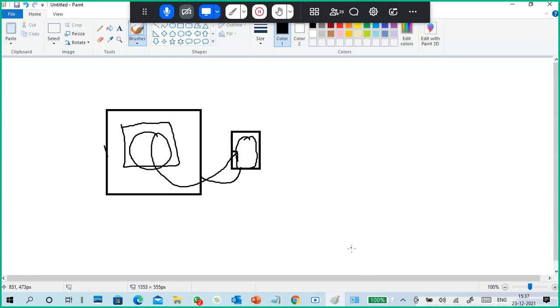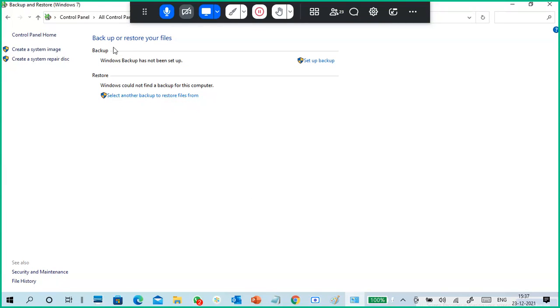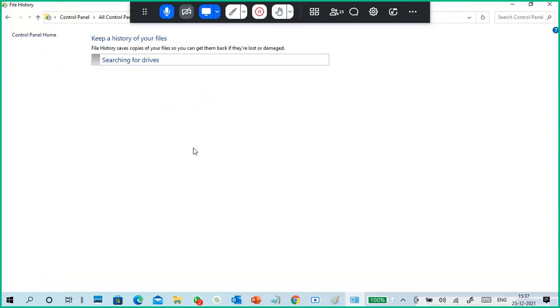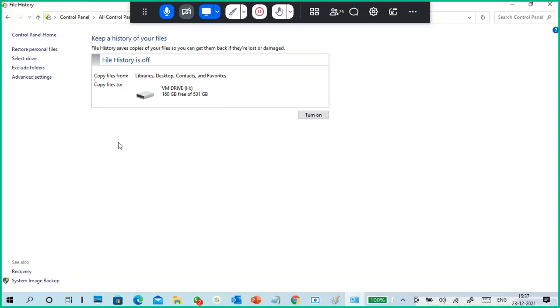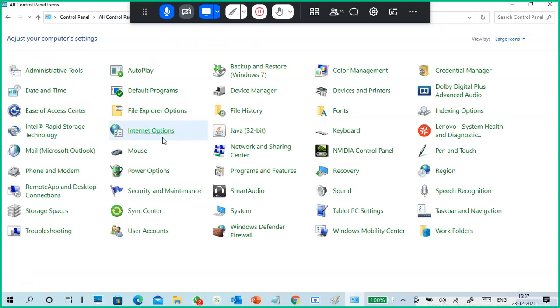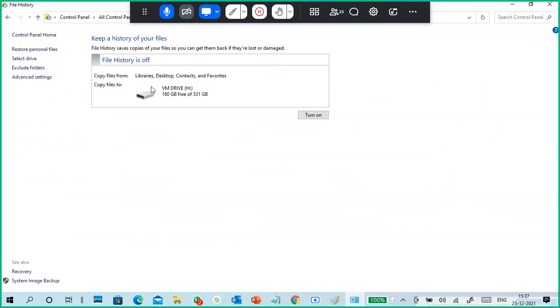Another thing is there in your Windows, introduced in Windows 8, that is called File History. This is also one kind of backup-related feature. You want to go to File History. So what is File History?